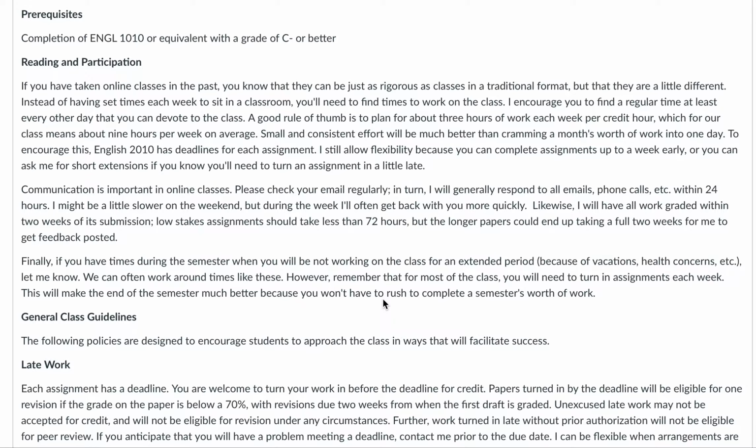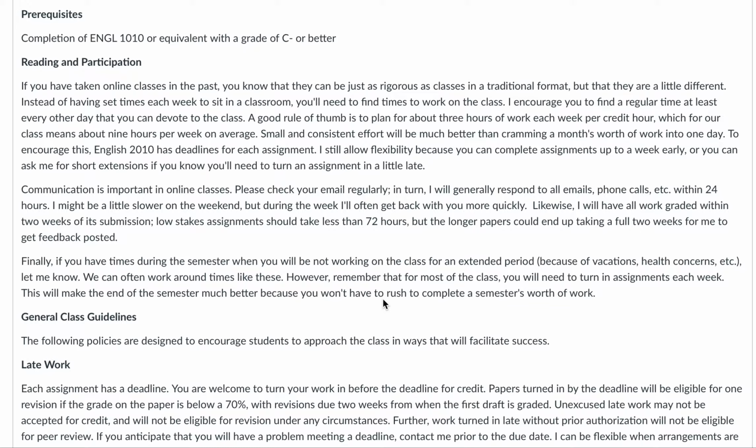I do have deadlines built into the class so that you're not just getting slammed with everything at the very end of the semester. That means that you're going to be turning in papers that are not as good. That means I'm having to read papers that are not as good. You're going to be less happy about it. I'm going to be less happy about it. Nobody wins at that point. So I do have deadlines to space everything out. There are some major cognitive benefits to that in terms of just continuous engagement. But also for those of you who are like me and need deadlines in order to function, that way things are spaced out just a little bit more as well.